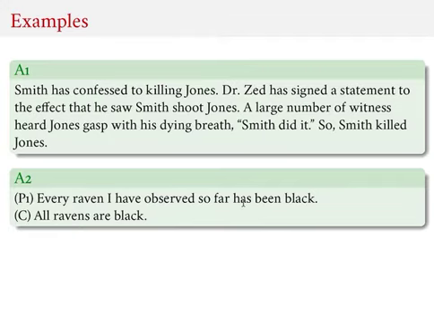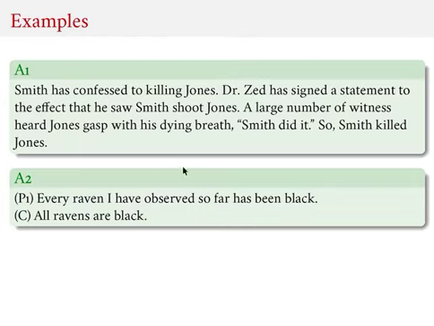And let's suppose you've observed a whole bunch of ravens, a ton. And so because every single raven you have observed so far has been black, what you conclude from that evidence is the theory that 100% or all ravens are black. Now, it seems like this is a very good piece of reasoning, and it's similar to the kind of reasoning that is done in empirical science.